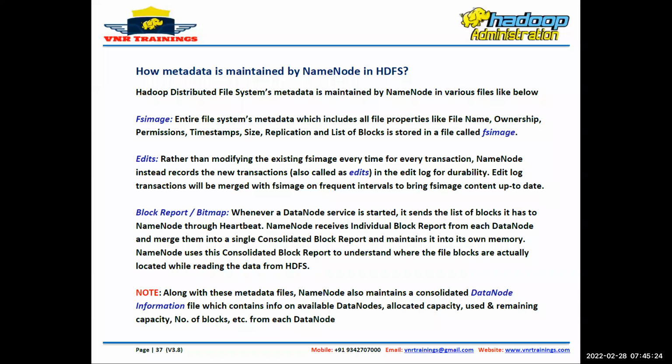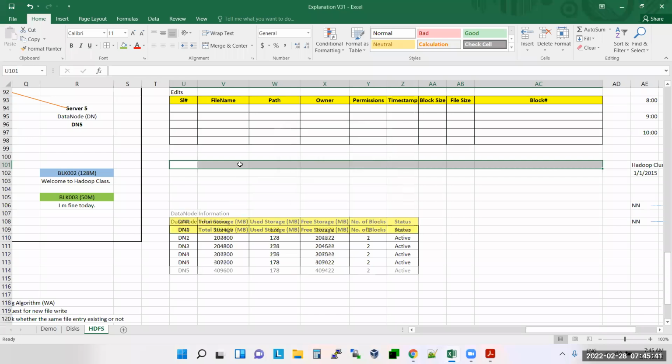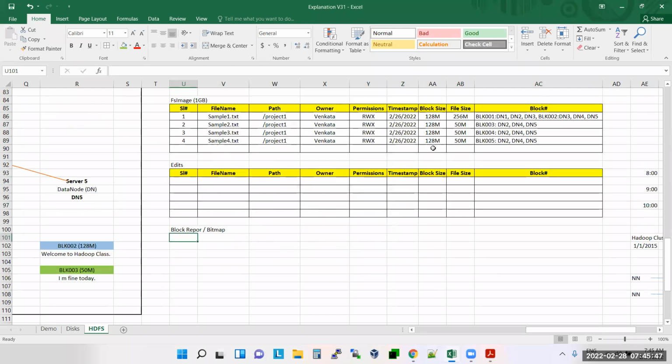The next one is block report or bitmap. What is this block report or bitmap? If you understand this one, we have